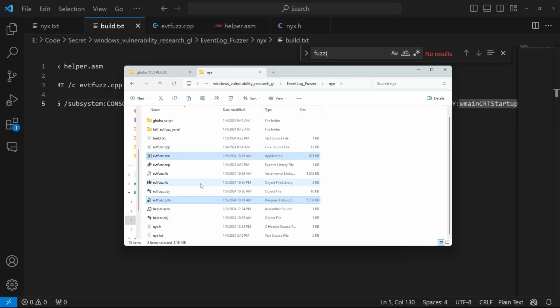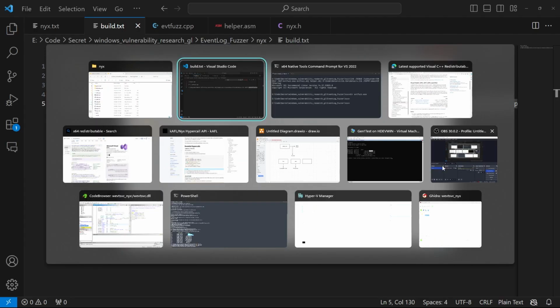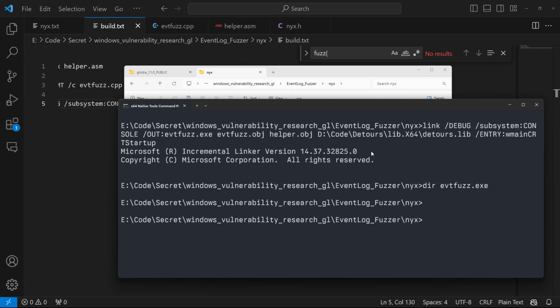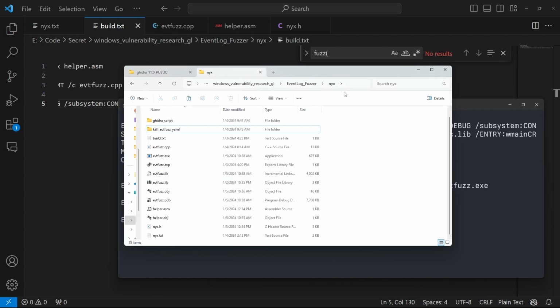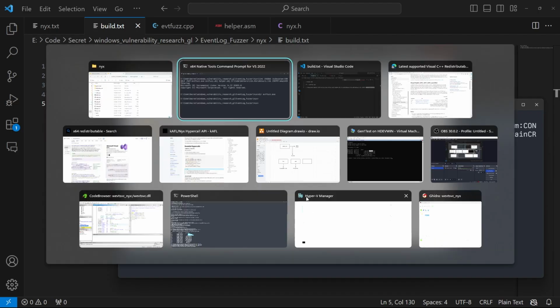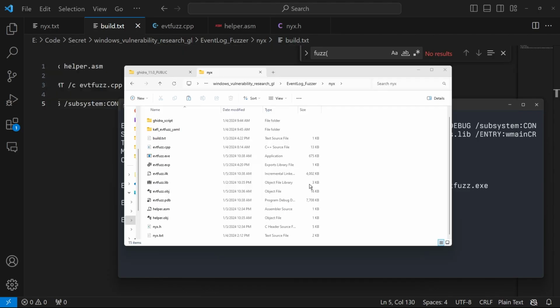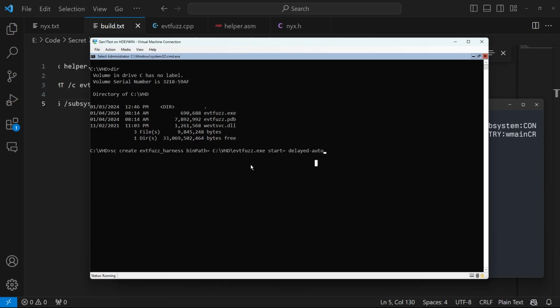and paste it in the VHD of your guest. The VHD, you can just right click a VHD and mount it. And with the VHD mounted, you can paste it in the guest. Or you can transfer it to the guest any other way you want. The main point is that